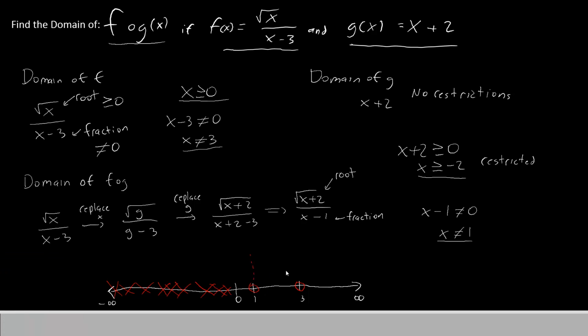So these open circles will split our domain into 3 regions. We'll label this 0 to 1 as region A, 1 to 3 as region B, and 3 to infinity as region C. Now, we are allowed to include 0 because earlier, back in our first restriction that we checked, it said x could be greater than or equal to 0. So we'll fill in 0, and every region in between the open circles is okay.